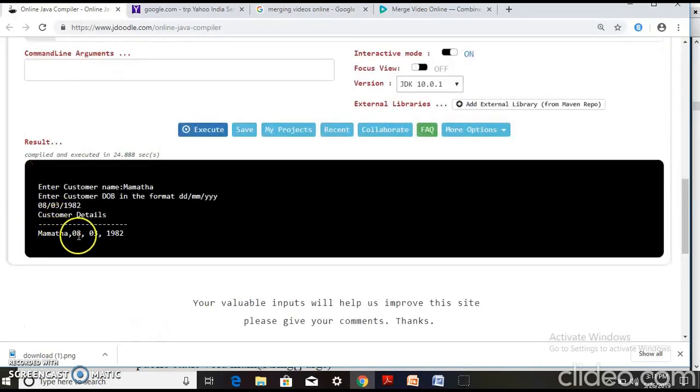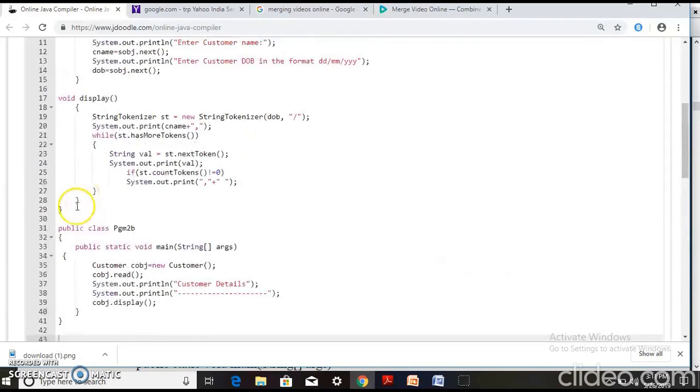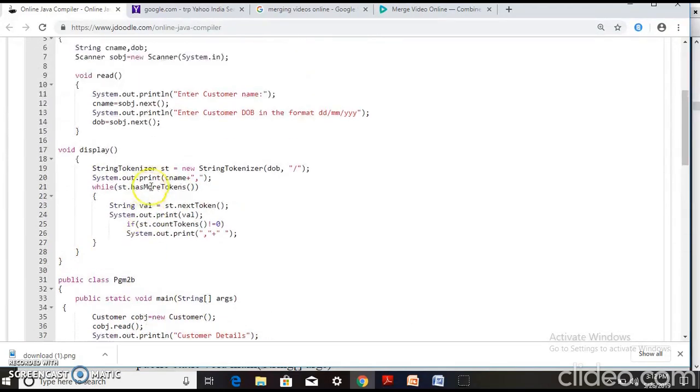First I'll display the name, and 8, 3 and the year, which are the date, month and year, will be processed as a StringTokenizer object, and these are the tokens which will be displayed one after the other with the help of the methods countTokens, hasMoreTokens as well as nextToken.